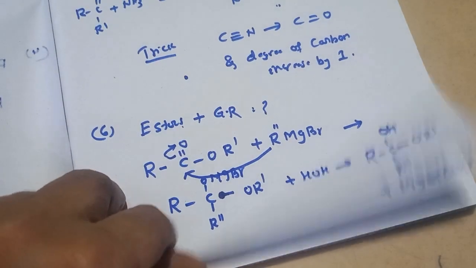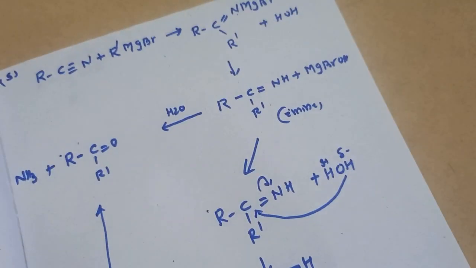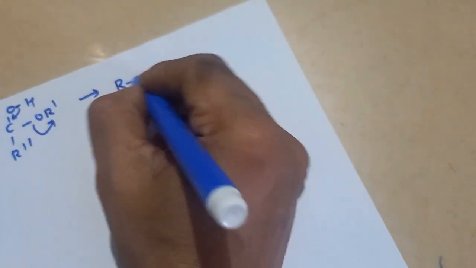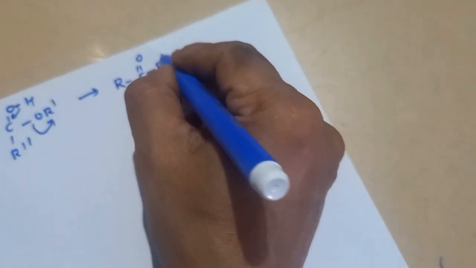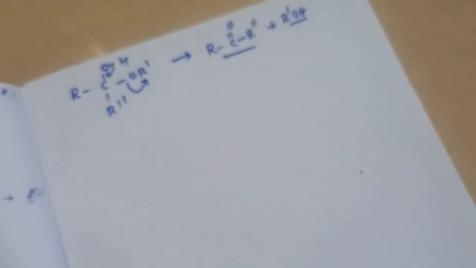Now what is this product? Now coming to R C H and R prime O. What is the product here? I think here I have put R double prime and this is O R prime. Here what happens, students? This bond shifts to this one and this to this one, and our product is R double prime plus R prime OH. Alcohol and ketone, two products are formed here.